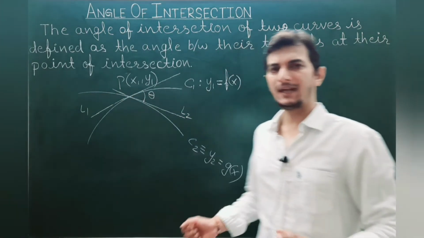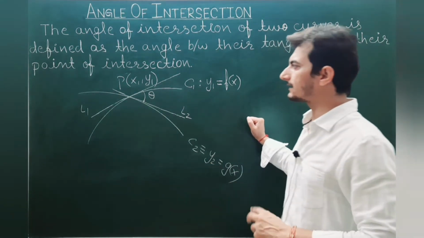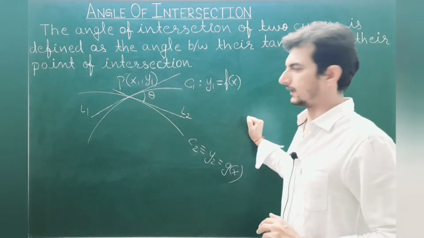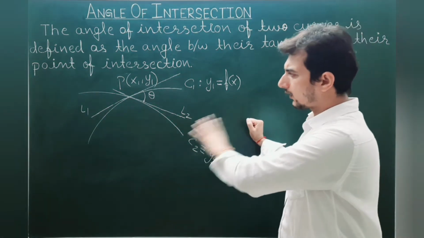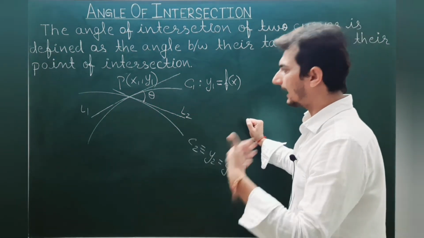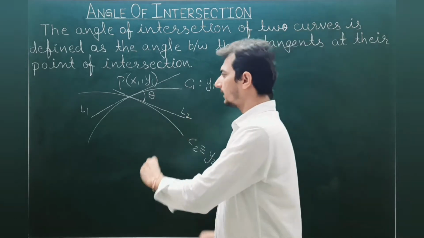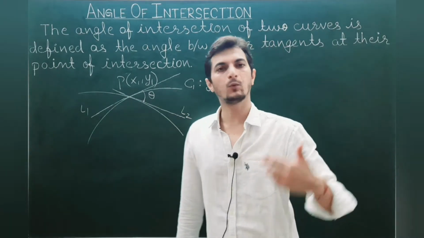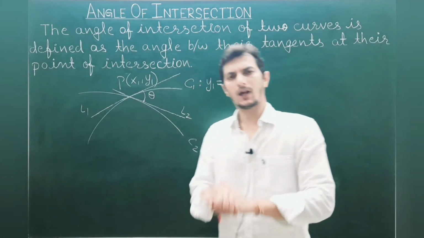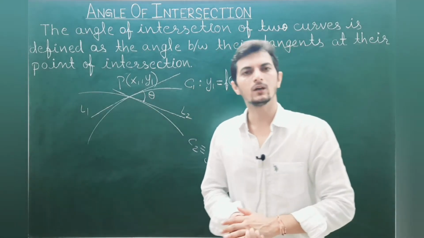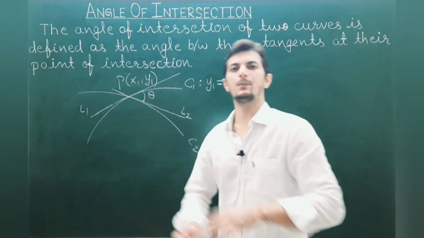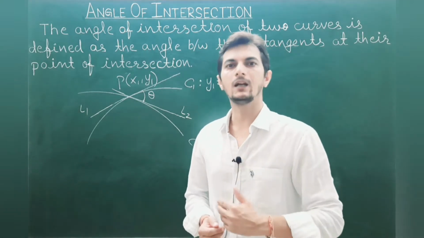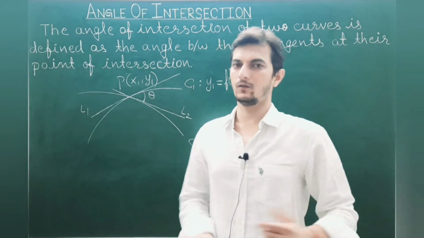Now you know that the angle between two lines can be simply calculated if I have the slopes of the two lines. So here, what I am going to do next is take the slopes of L1 and L2 with the help of the derivative. That's what I am doing right from the beginning of this chapter. The derivative gives you the slope of the tangent at a point on the curve, right?